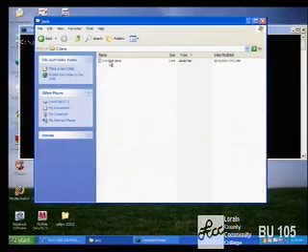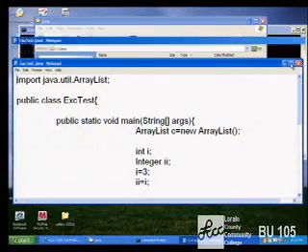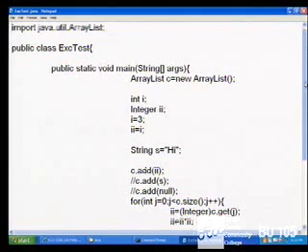Okay, I just have a class called execjava. I'm going to open it up and look at it in Notepad. And we'll look at what it's going to do, and we'll look at the different kinds of exceptions that this